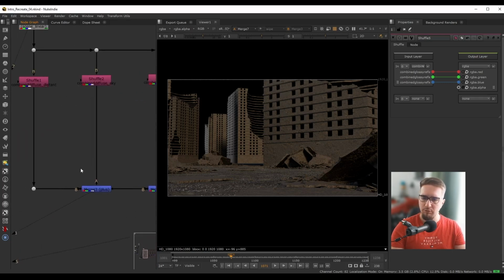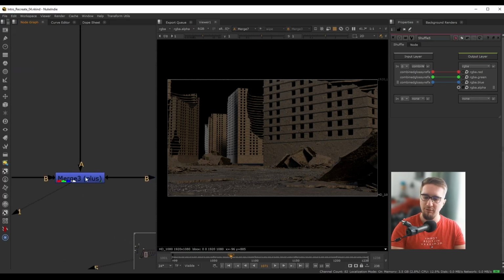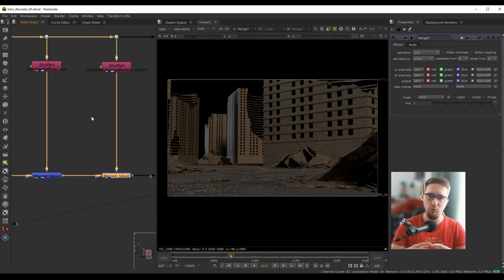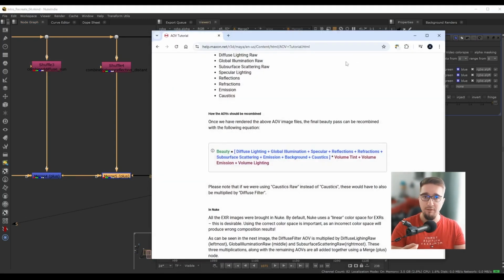Now, how do we know that all of these passes have to be added together? So how do we know that this merge should be a plus operation and not something else? This has to do with the specific render engine that you're using. So this is the way it works with Karma from Houdini, but this would be pretty similar with other render engines as well. So in the past I've used Redshift, and most of the operations in Redshift are also a plus operation. For Redshift, for example, you can check out the documentation, and if we look, we can see here